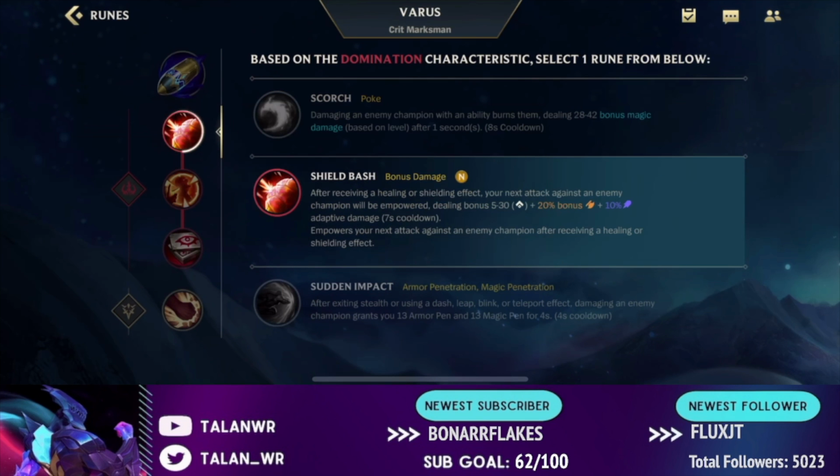frequently. After that, we have Shield Bash, which basically is just after receiving healing or shielding, your next attack deals more damage. So this is going to be useful, of course, when you have enchanters on your team who can heal you or shield you, and then you can utilize that to really deal a lot of bonus damage to